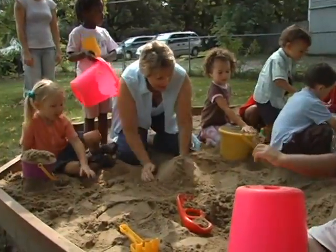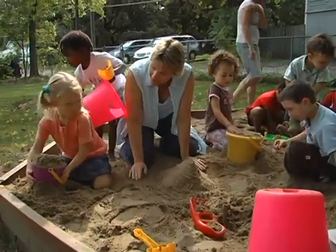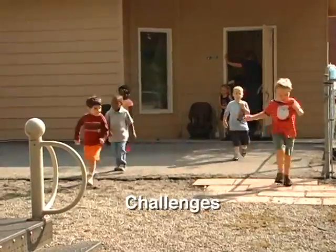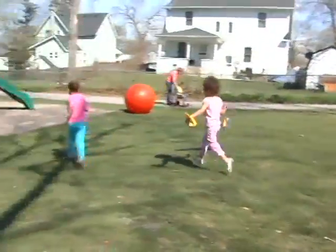Yours looks kind of like mine, Ella. What do you think, Maeve? Let's look at ours. Ideally, the outdoor play area should be easily accessible from the indoor play space. Run back down, run! The environment should include wide open spaces,